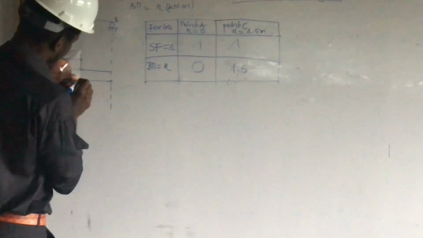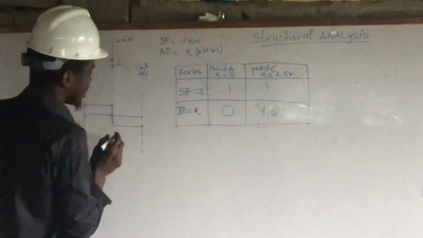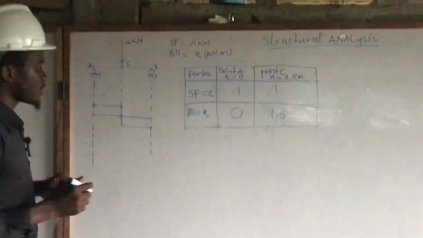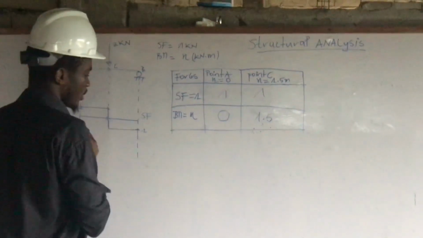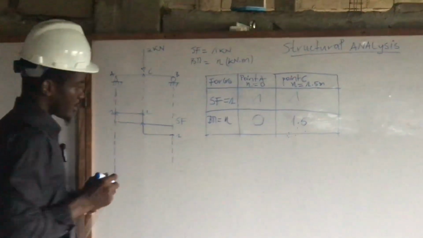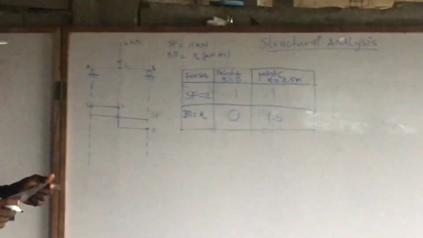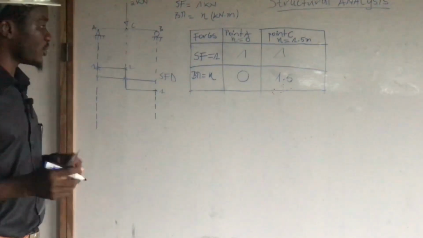Okay, so this will be our shear force diagram. This will be 1 here, and this will be 1, 2 here. Okay, so that's how we are going to represent our shear force diagram. Let's abbreviate it to the